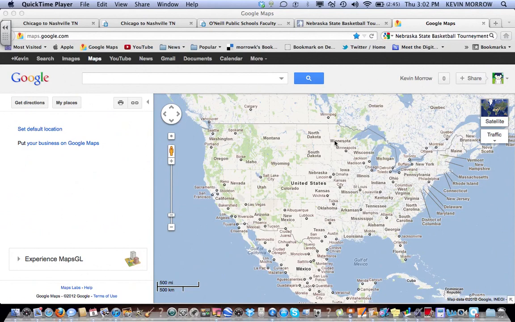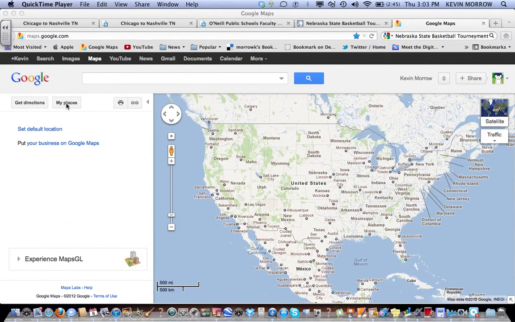I'm going to make a quick screencast here of how I use Google and Google Maps in my elementary PE classes with my pedometer activity, how I measure miles and drop some spot markers and kind of keep track of the activity itself. First thing you have to do is go to Google Maps once you have your Google account